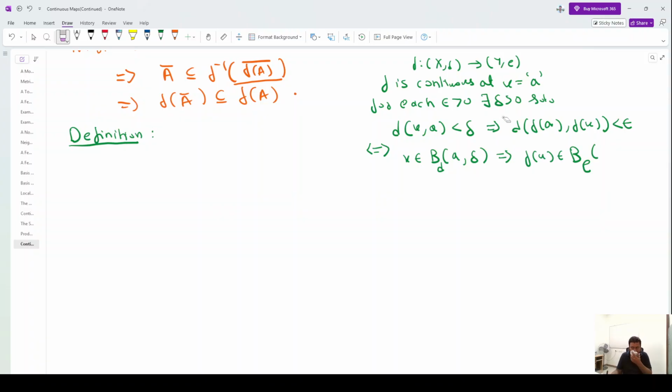Sorry, by mistake I have written D here. Such silly mistakes you might have obviously observed. The ball centered at f(a) of radius epsilon, right? So what is this actually? If you apply f on this ball, you are actually inside this ball. So f of B(a, delta) actually sits inside